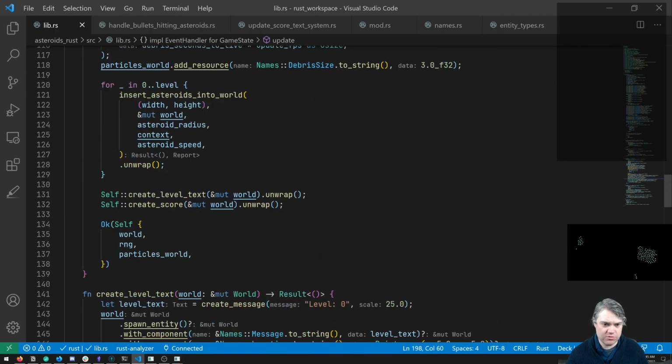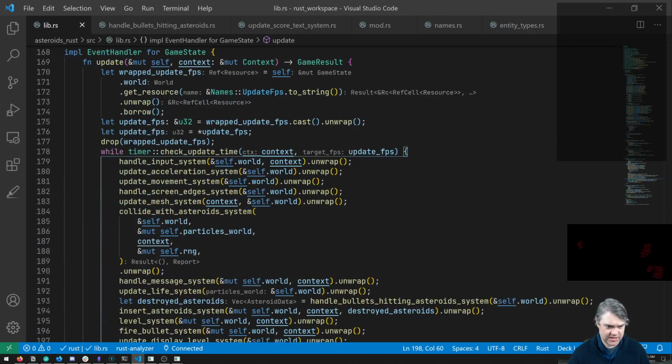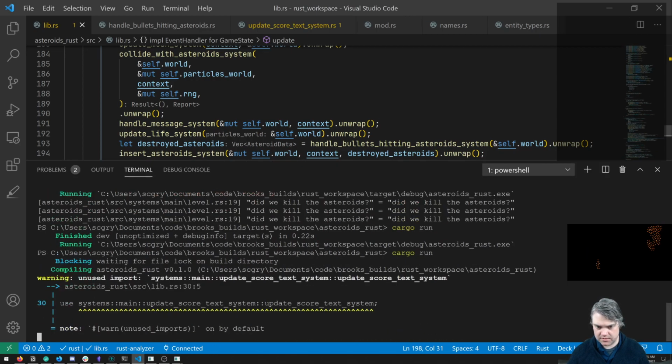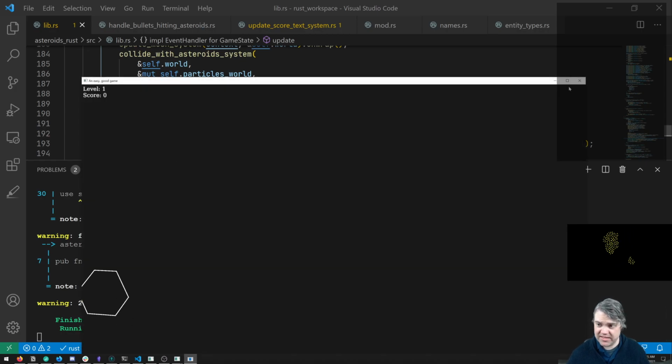Oh. Okay, hold on. Update score system, this assert is incorrect. Although, is that true? We do only have one. It would have crashed if it was incorrect. So if I don't do the update score system, do I still get the names? I don't. Okay, so I think in level